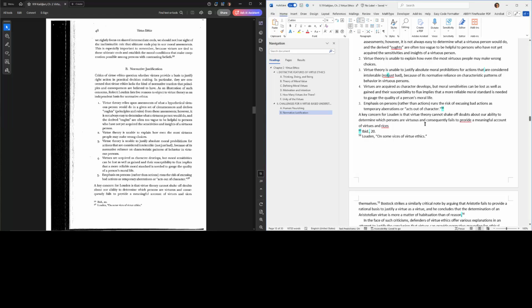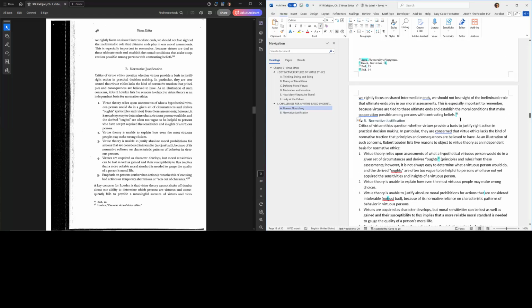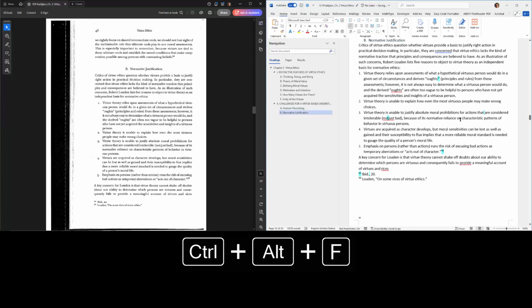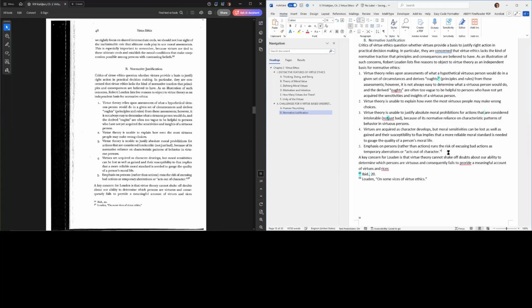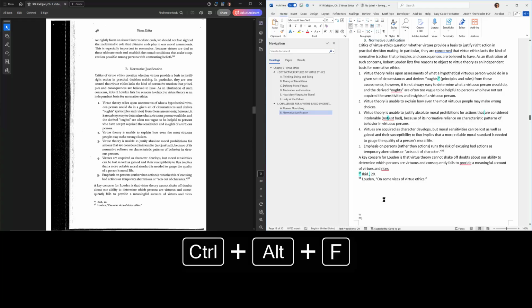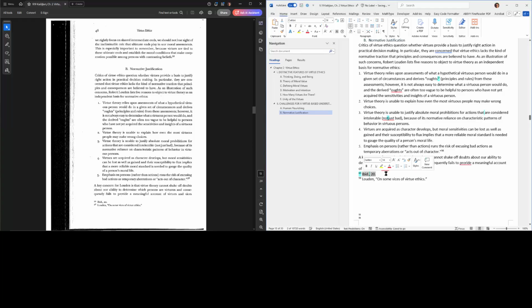This is not looking right. This did not come through as an actual footnote. So Control Alt F for footnote, 55. And then down here, 56, Control Alt F. So now we have placeholders for 55, 56, and the text actually did come through. So I'm just going to drag that text to 55, and drag 56 text, and get rid of those 55, 56 that aren't right anyway.